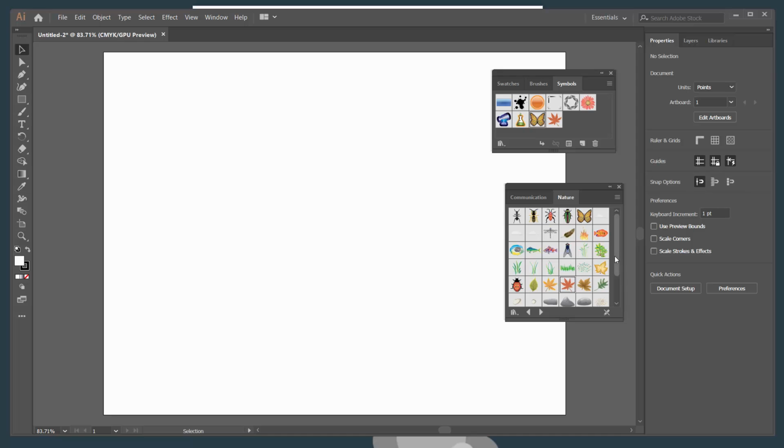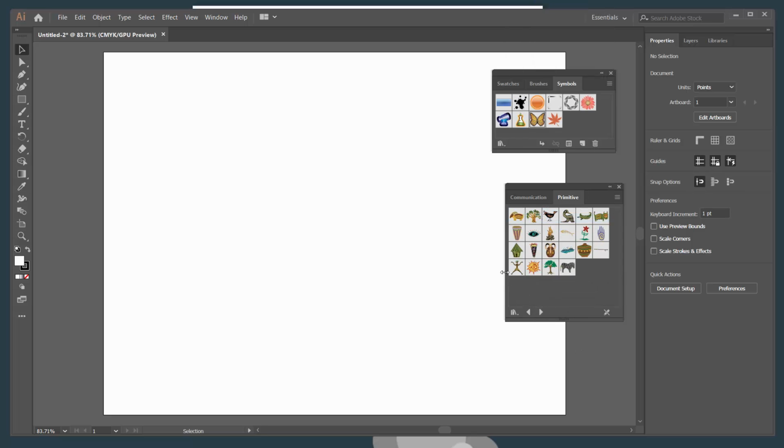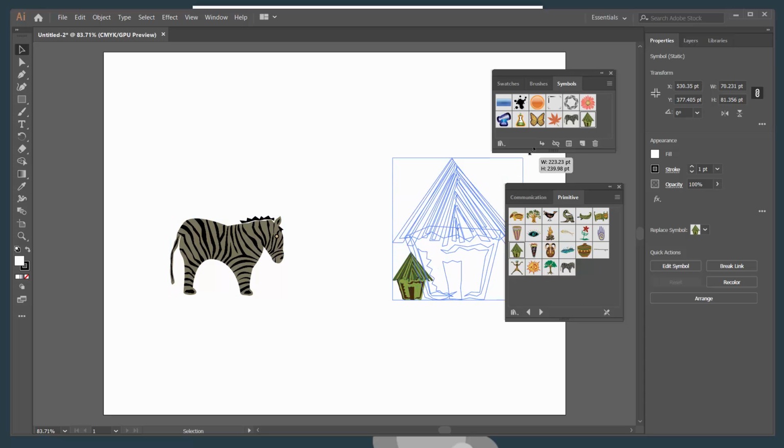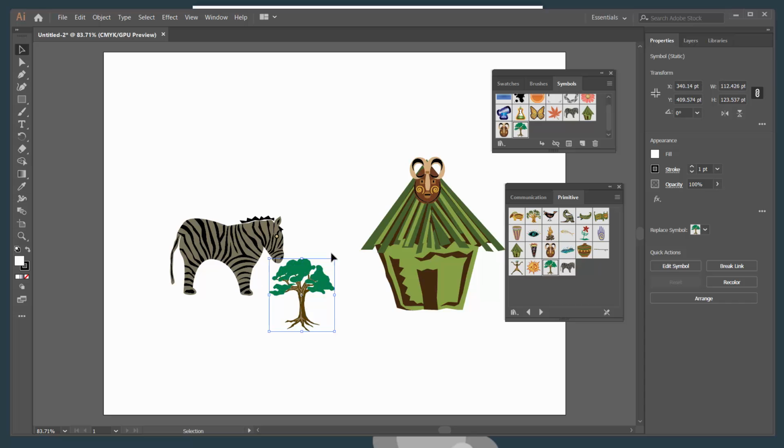I am going to do a thing where I'm going to go to the libraries here, and I'm going to go to the one called Primitive, and I'm going to bring out a couple of things. I'm going to bring out a zebra, and there's a little hut here. Make that a little bit bigger, and there's a mask that I'm going to make as a decoration on the top of the hut, and I might bring out a tree,